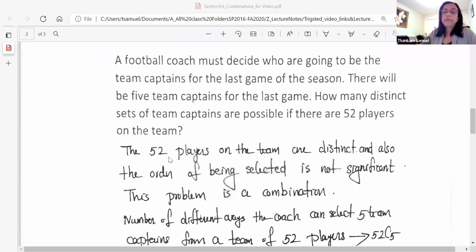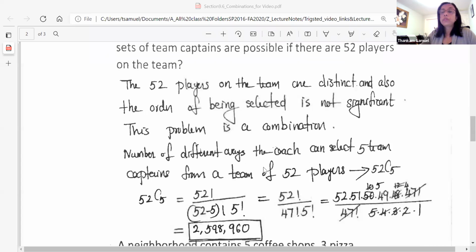So here we can see that the 52 players are distinct, and also the order of selecting is not significant. So we can see that this is a combination problem. So the number of different ways the coach can select 5 team captains from a team of 52 players is given by the formula